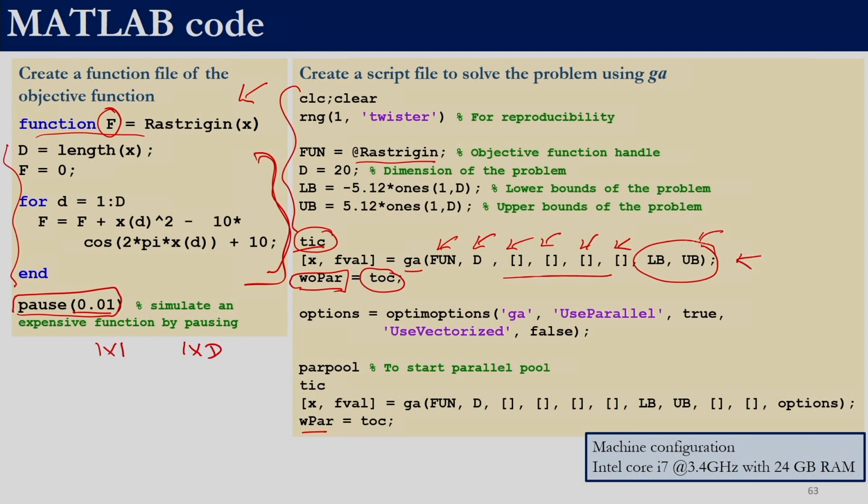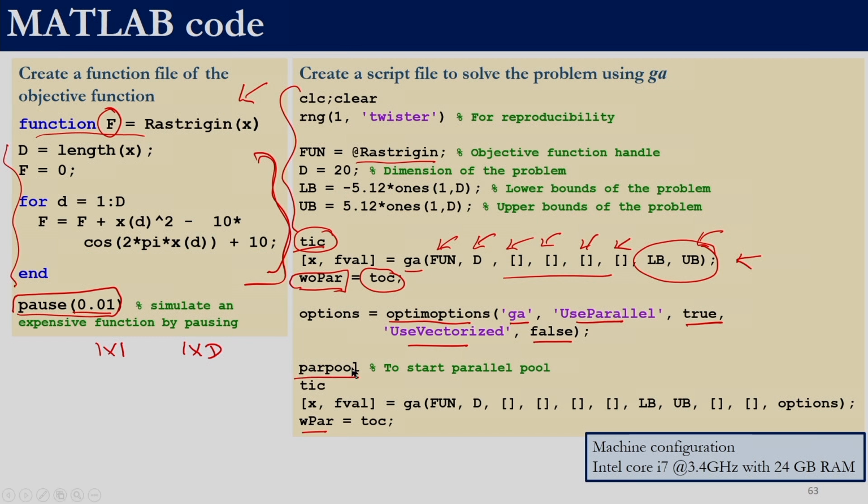So, here if you see we have not changed the options. By default parallel computing is off, right. Then what we will do is we will use this optimoptions function of MATLAB. Currently we are working with GA, so we are providing the name of that solver, GA, and we are setting the value of UseParallel as true and UseVectorized as false. In this case it will employ parallel computing. For us to use parallel computing, we need to first start the parallel pool, right.